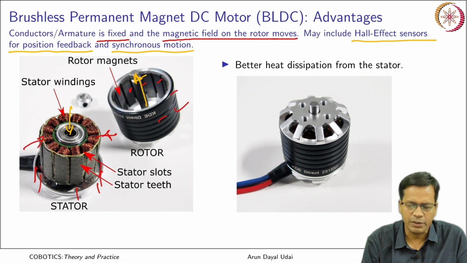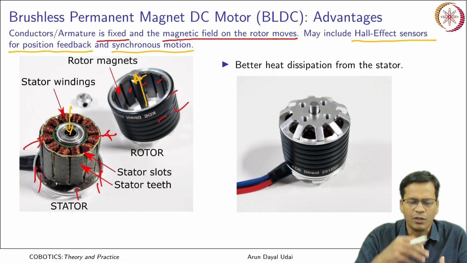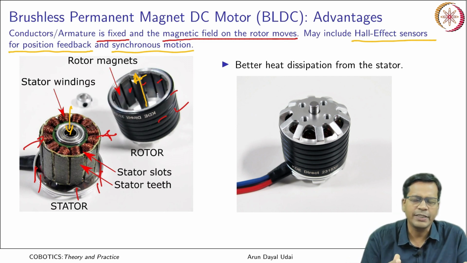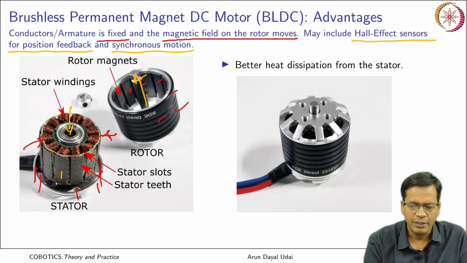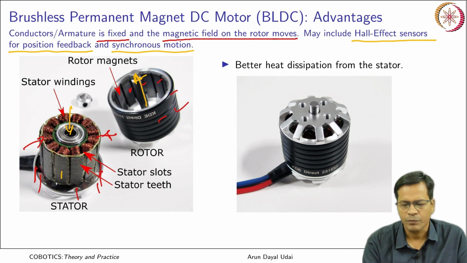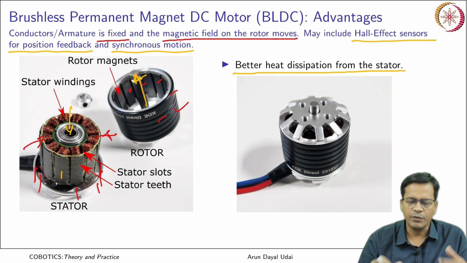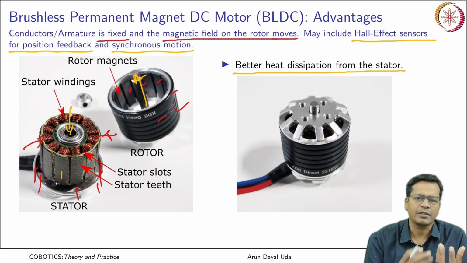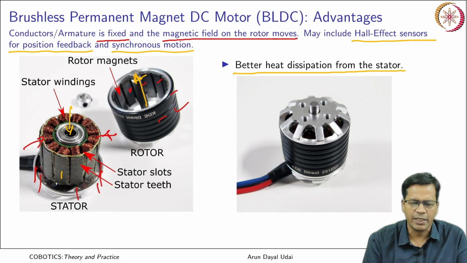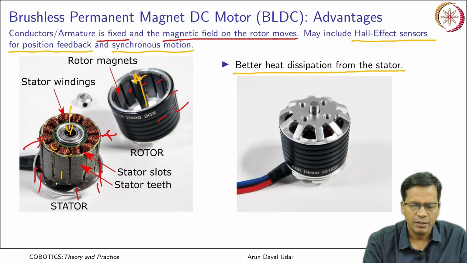In these motors, because the stator contains all the copper windings, all the heat generated at the stator is dissipated out easily. So, there is better heat dissipation from the stator, and you do not need the make and break kind of commutator arrangement which is there in the armature of a DC motor that you saw. Over here there is no make and break circuit, no commutator; current is directly put to the windings which create the magnetic field.